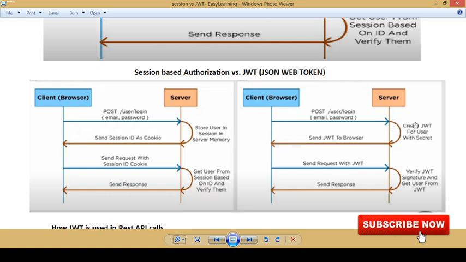So guys, you can notice that your server is not going to store the JWT in its memory, whereas in the session based approach it used to store it in its memory. Now once the JWT is handed over to the client, it's up to the client whether he wants to store it or not. But as far as his new request is concerned, he has to send this request with the JWT. He has to pass his JWT token in the header. Now the server will verify that JWT signature, and it gets the user from the JWT and sends the response back to the client only then.